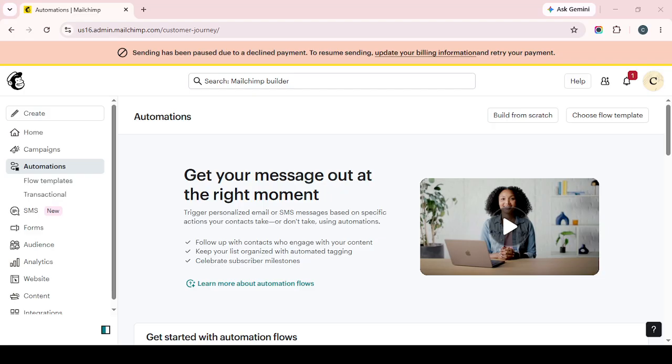Before publishing, it's always a good idea to test the full flow yourself. Submit the form, confirm that the success message appears correctly, and make sure